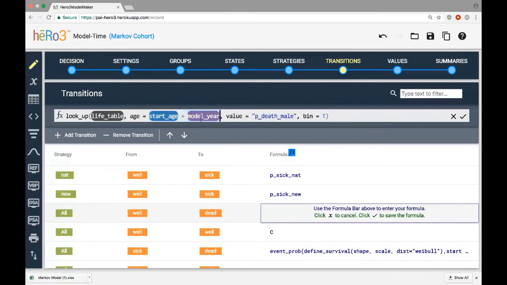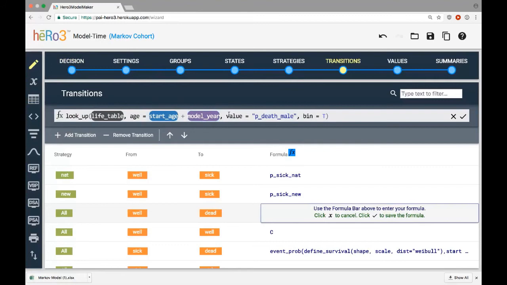In year 2, model year will be 2, and so on. And so start age plus model year will yield the current age of the patient in any given model cycle. And so we're just looking up in this life table the age that corresponds to the patient's current age.